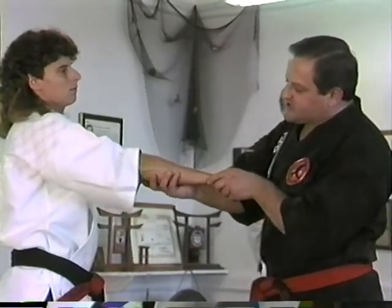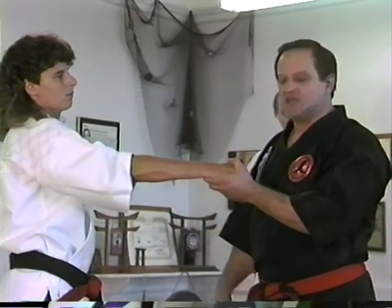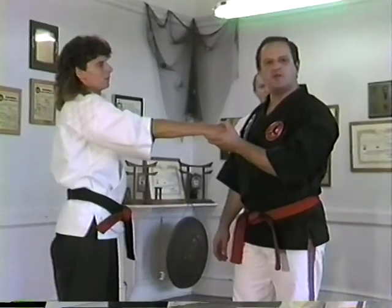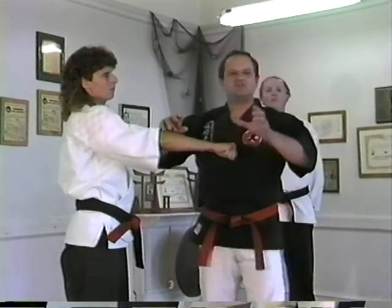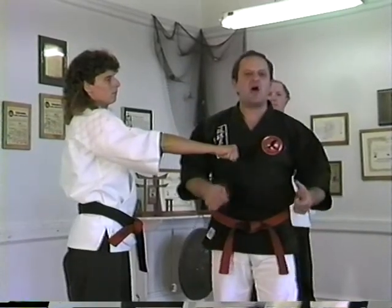When you do a 3/4 inch punch, the muscle rolls over that pressure point so that it makes it harder to get to. It's not totally out of the way, but it makes it harder to get to because the muscle rolls down over it, and that's one of the reasons a 3/4 inch punch is important. Another reason a 3/4 inch punch is important